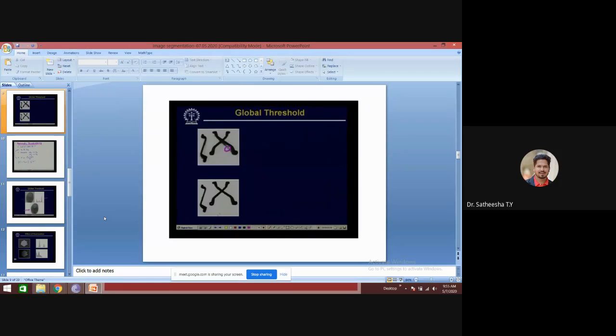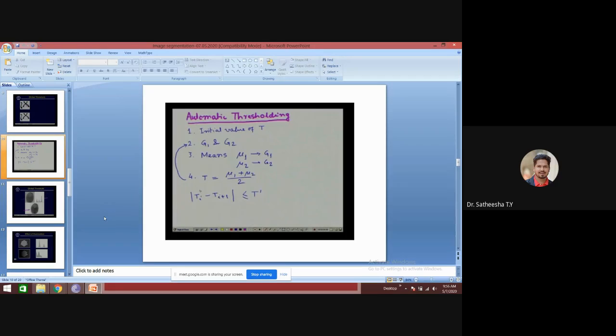If I choose the threshold t in this region and using this threshold I segment this image, then the kind of segmentation that we get is as given here. You find in this second image, the segmented image, that the background and object regions have been clearly separated. Even the shadow which is present in the original image has been removed in the segmented image.